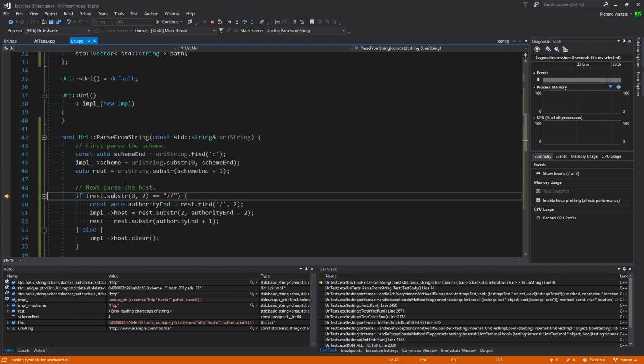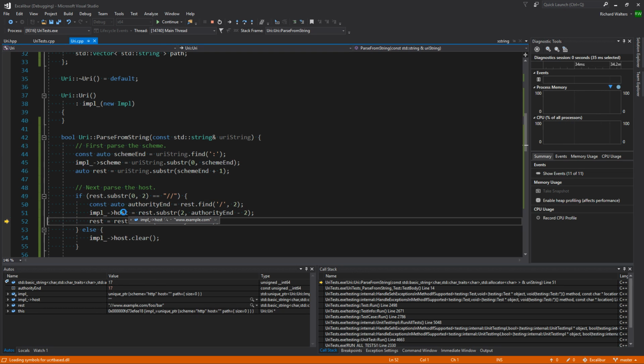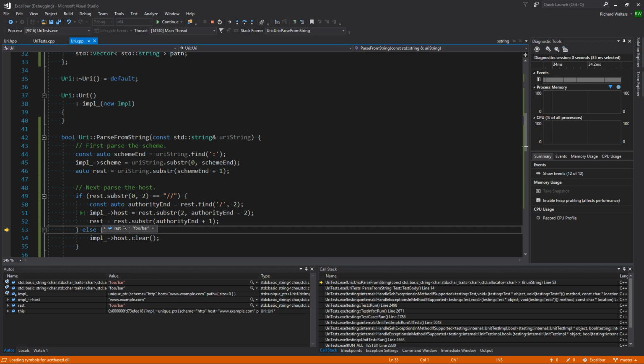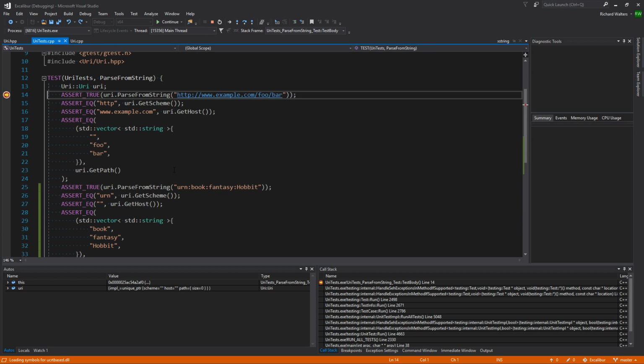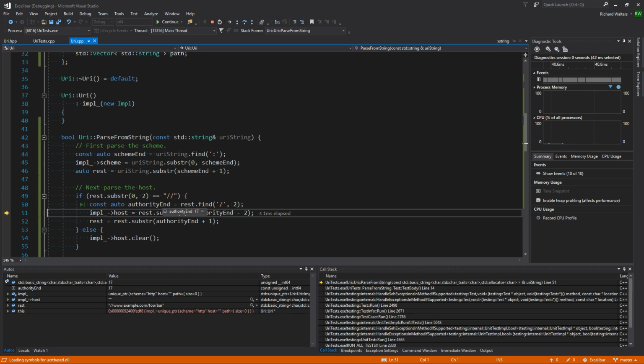Alright. So rest. Chopped off the scheme. Now this should get the host, chop off the host, and oh, that's where we chopped off too many characters. See that again. The authority end is 17. Okay. How many characters are in www.example.com? 3, 4, 5, 6, 7, 8, 9, 10, 11, 12, 13, 14, 15. 15, 16, 17. So right, that